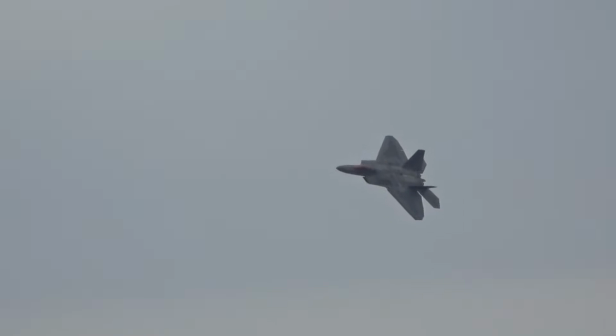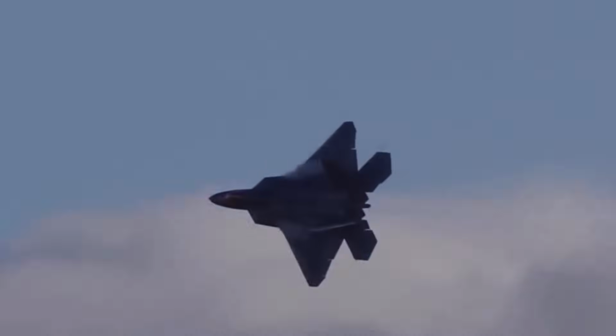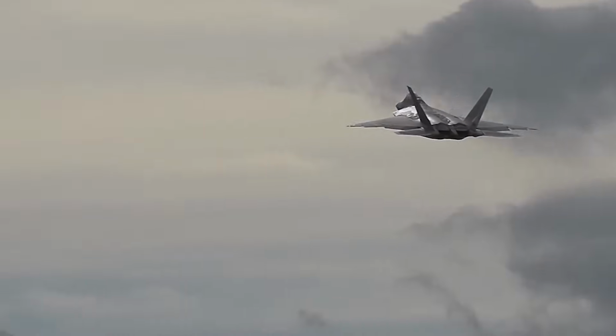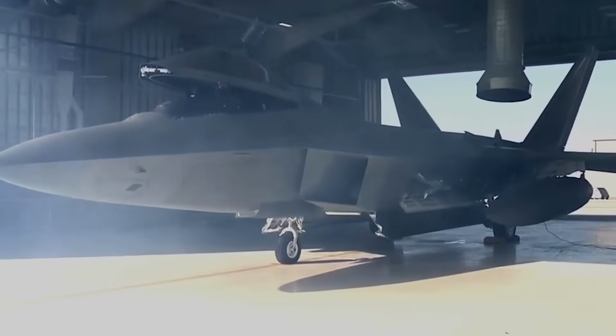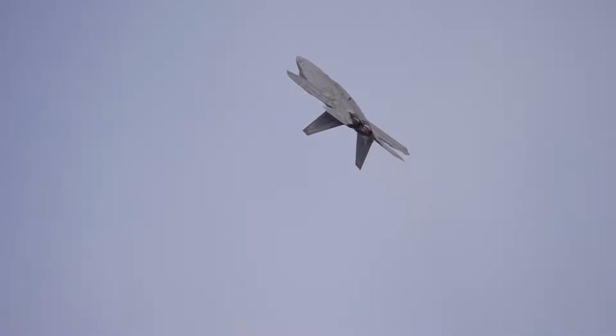While many details of the upgrades remain classified, the enhancements are anticipated to extend detection ranges, improve target tracking precision, and enhance resilience against electronic countermeasures. These advancements will bolster the aircraft's ability to detect, track, and engage increasingly stealthy and agile adversaries. The F-22's modernization is not only about enhancing its current capabilities, but also about preparing it to operate in a